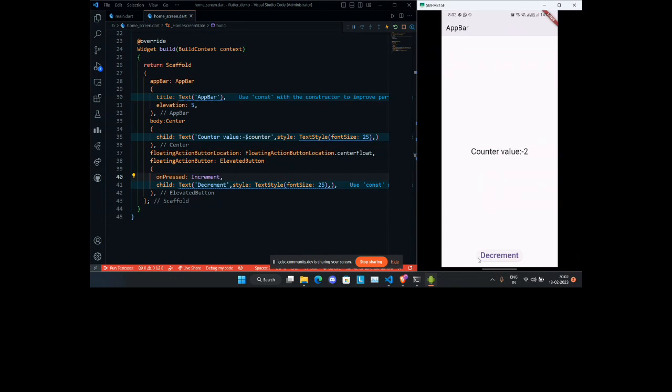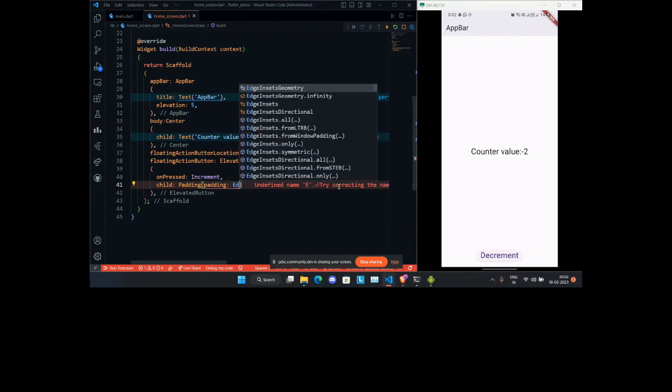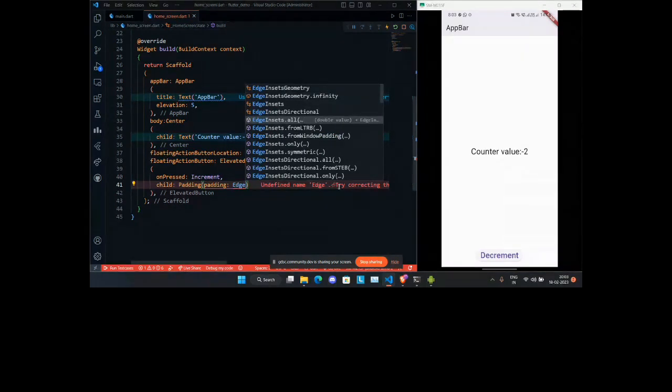What I can do is cut it, and wrap it inside a padding widget. In this padding attribute, we have to give it a number. I think you know what insets are, or what edges are.